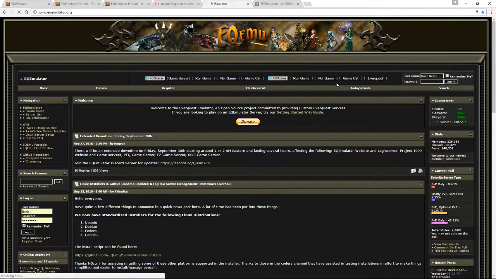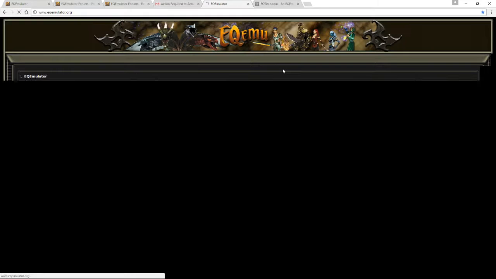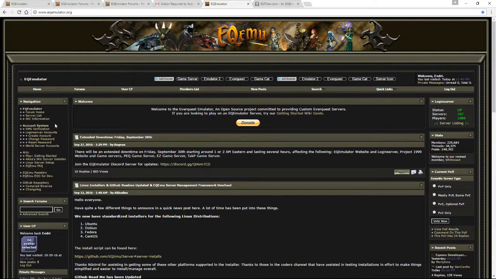Now, it might have logged you in after you've done your activation. It may not have. If it hasn't, just go up here, put in your username, put in your password, click Login. It'll take you to a redirection page. Go ahead and redirect. And what we really care about over here on the left-hand side is the Account Systems